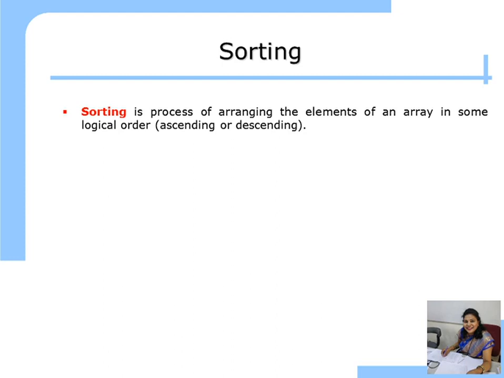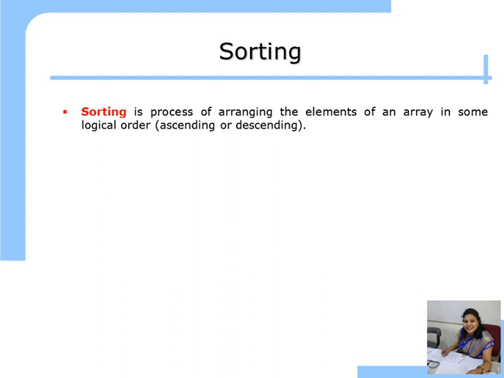Let us take one real time example. Have you stored any new number in your mobile phone contacts? Whenever you get a new contact, what do you do? You enter the contact details and you press save. Whenever you save the contact, it actually gets stored in the contact list in a sorted manner. Why is all the data in the contact list stored in sorted order? Because sorting helps you to search faster.